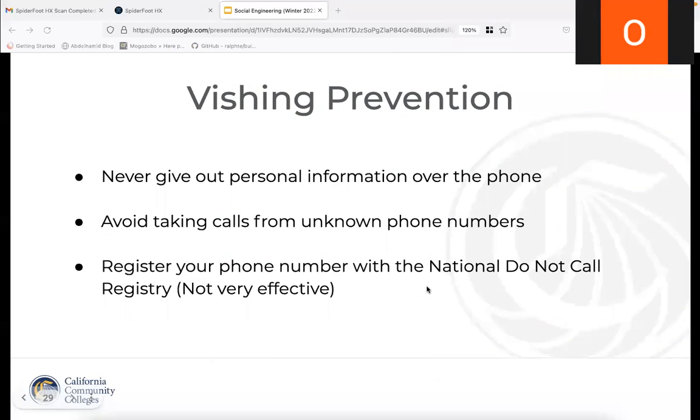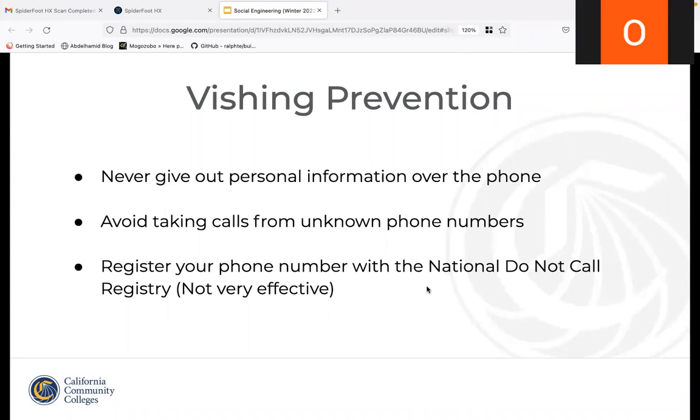All right, let me bring my slides back up. Okay, so in order to prevent this from happening to you, obviously you don't want to take calls from unknown phone numbers and never give out personal information over the phone.